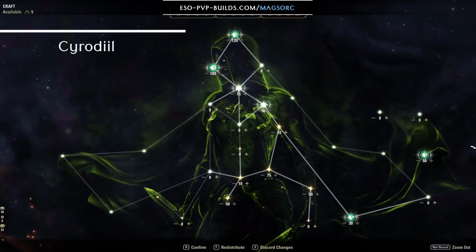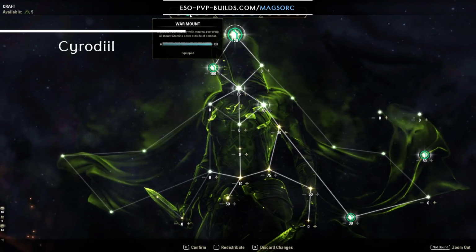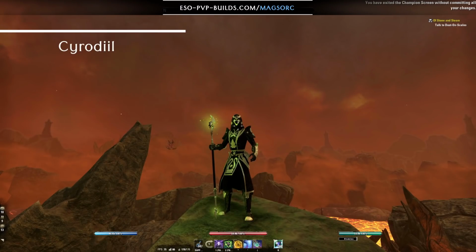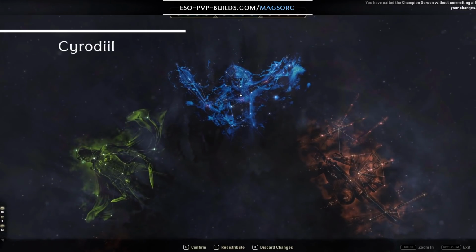The green CP, yeah, it's not very relevant, of course, but basically it's for going down the Cyrodiil: Gifted Rider, Warmount, Rationer, and Steed's Blessing are my preferred CPs here. So that's it for that streak version of, I think I forgot to...